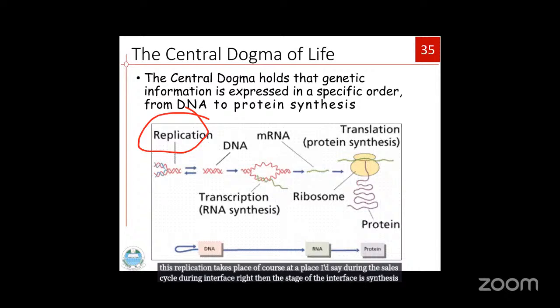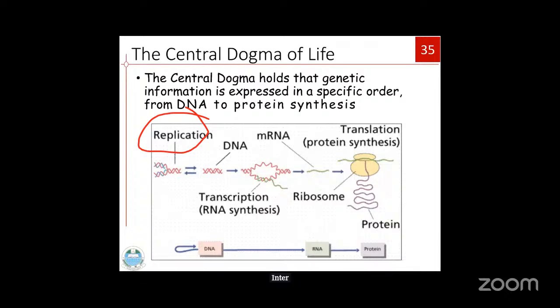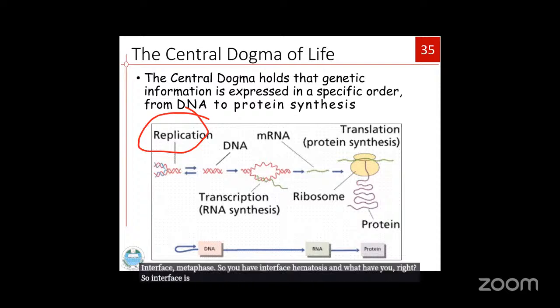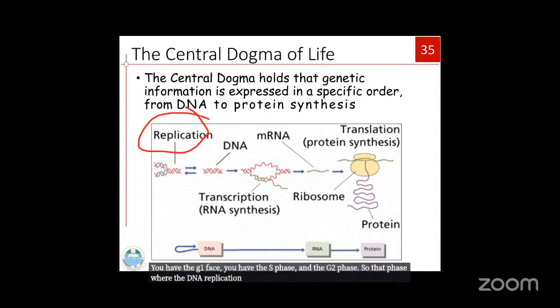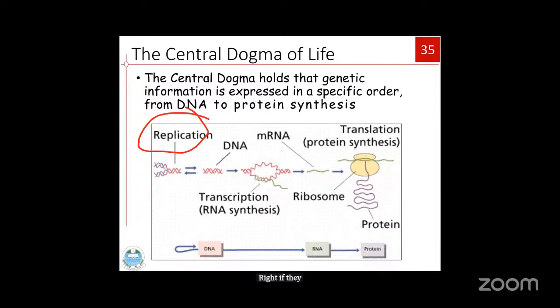From your secondary school biology, you were taught cell division, right? You have interphase and mitosis and what have you, right? So interphase is divided further into three: you have the G1 phase, you have the S phase, and the G2 phase. So that phase where DNA replication occurs is the S phase of the interphase. That is S for synthesis. So what is actually being synthesized there is DNA, right? In the process known as DNA replication or DNA duplication, where the cell makes more copies of its DNA content,